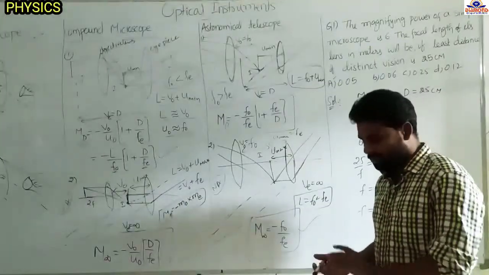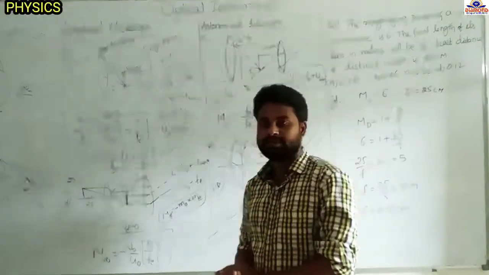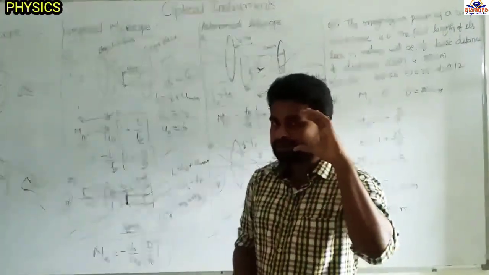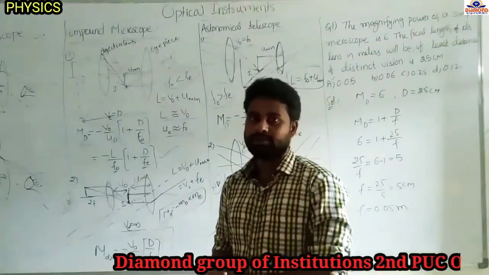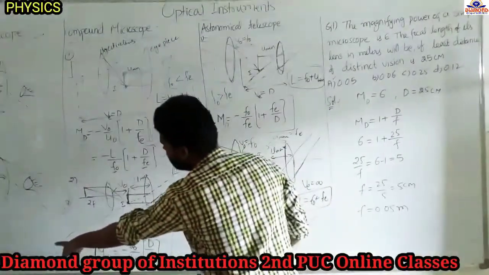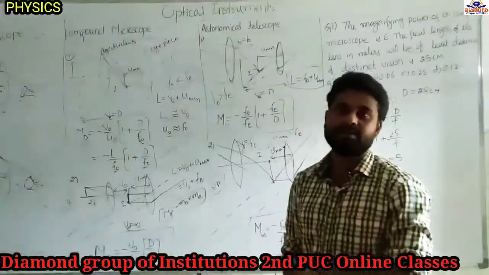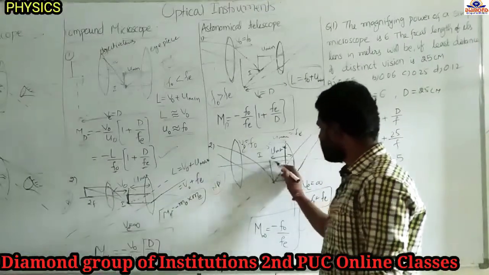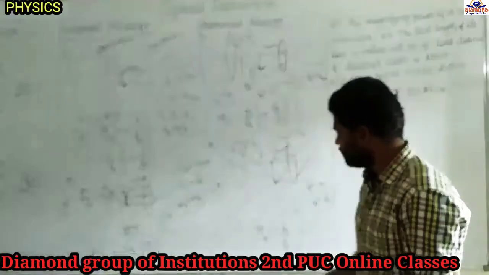Here also it is forming the image at the infinity distance, normal adjustment. If the object is far away from us, our eye will be relaxed and we can see the object. If the object is very close to our eye, then we will get strain, that means the eye lens will be contracted and we will get some pain. That is why when the image is at infinity, the object is at the maximum distance, and the eye is in the relaxed state or normal adjustment. Here also, the object is at the maximum distance, so the eye is in the relaxed state or normal adjustment.